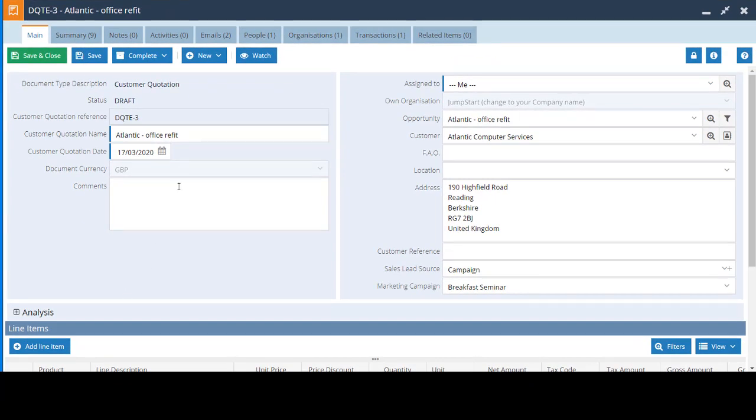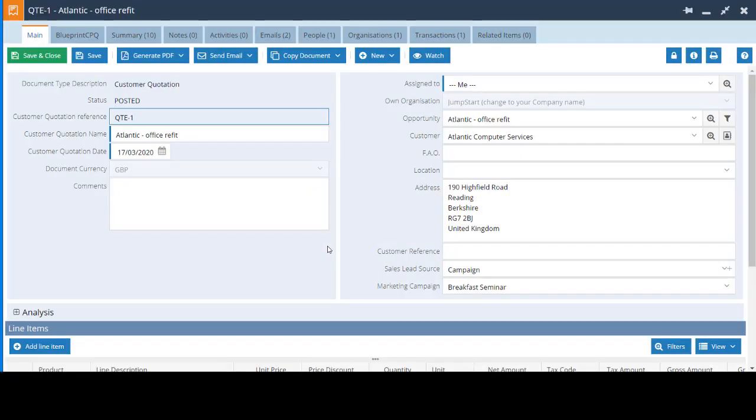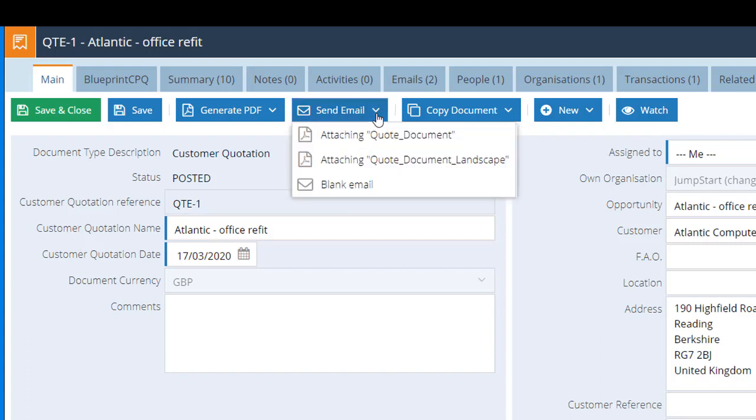To mark this as posted, there's a button here called Complete, and if I just use Complete and Save rather than closing the record, it reminds me that once I've posted it, unless I've got those special capabilities I mentioned, I won't be able to change it, but I'm going to say yes, that's fine, I want to go ahead. So now we've got a posted quotation, and in addition you might notice that a new button has appeared. It's the Generate PDF button. Once a record is posted, you'll see that button, and it allows you to create a printable PDF of the record, or you can use the Send Email button and attach a copy of that PDF and send it to